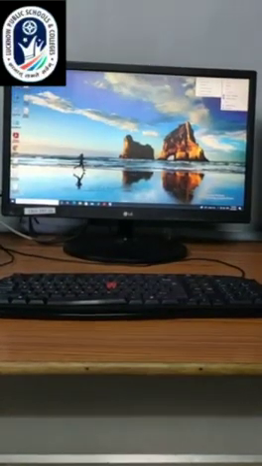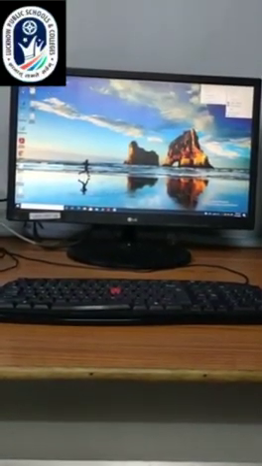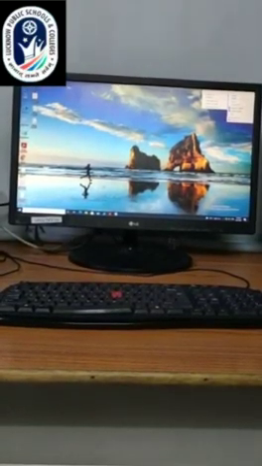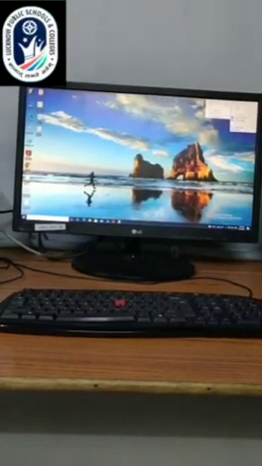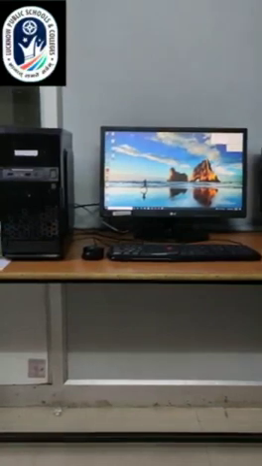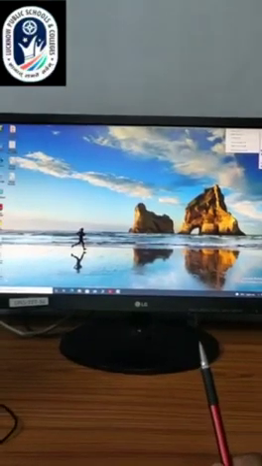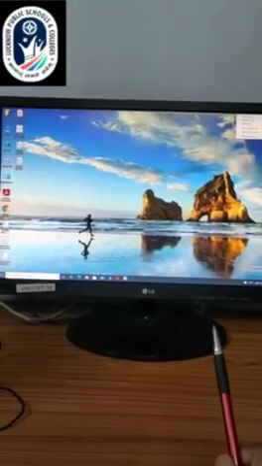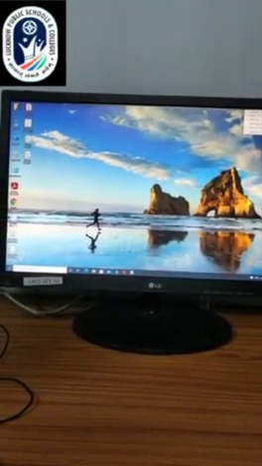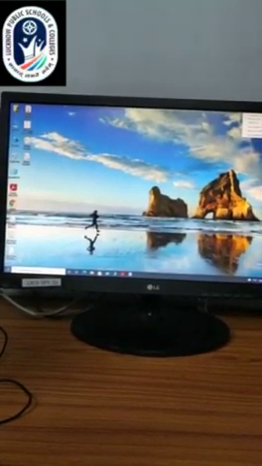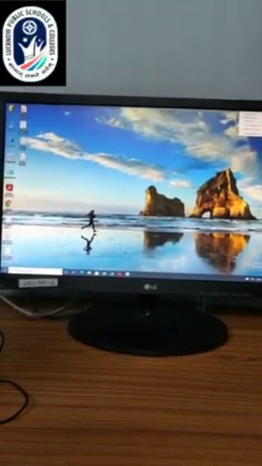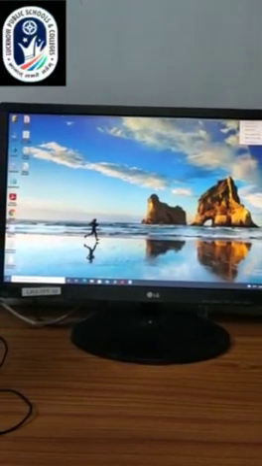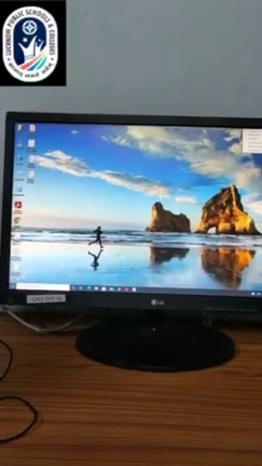Children, you know that a computer is an electronic machine that helps us make our work easy and fast, right? It uses electricity for working and helps us do many kinds of work. Children, see, these are the 4 main parts of a computer system. This is a monitor. It is also known as VDU, Visual Display Unit. It shows the result. It is an output device. It looks like a TV. It is of 3 types: CRT, LCD and LED.